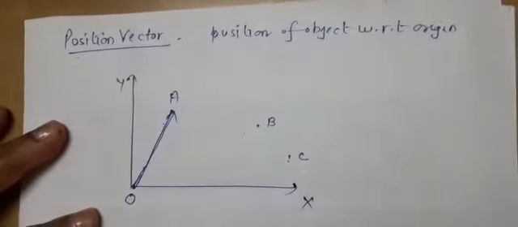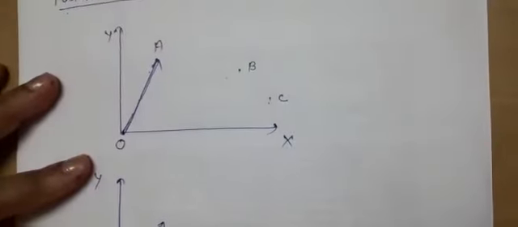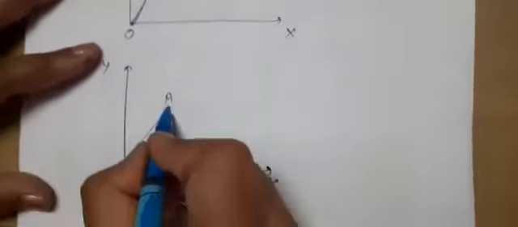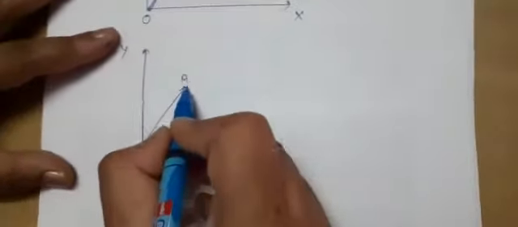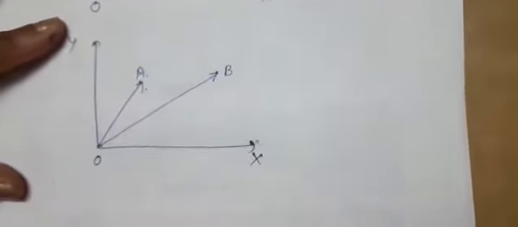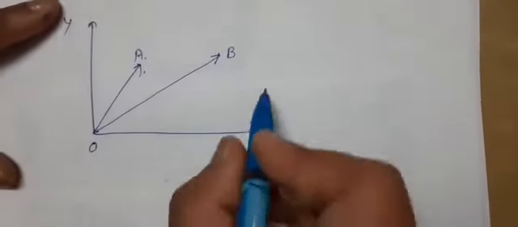I will redraw it so that it will give you clarity, because this line O to A is not a straight line. O to A. Now this is giving you the position vector of the particle at point A. Then it reaches point B. So now a line from O to B. This is giving the position of the particle at point B, and so on.